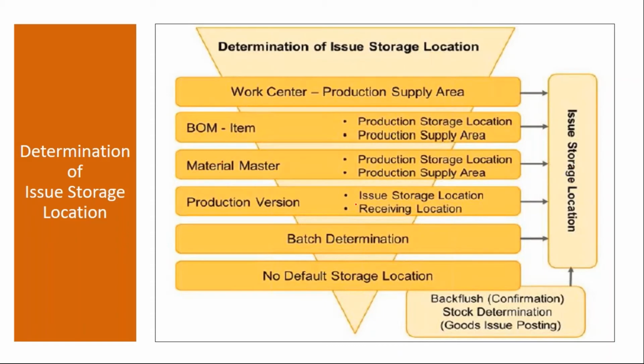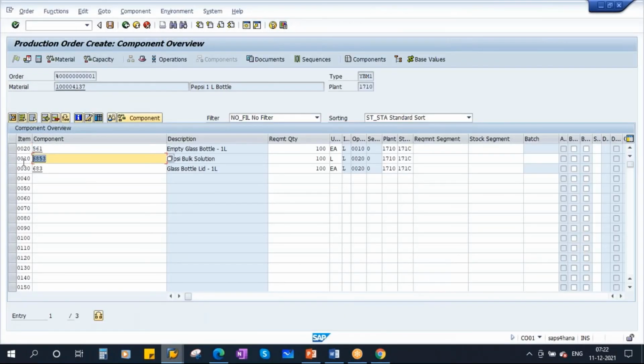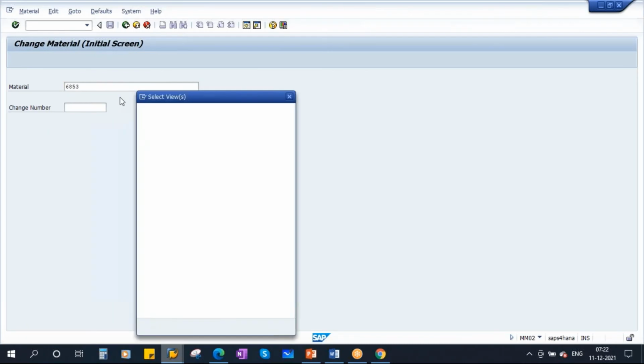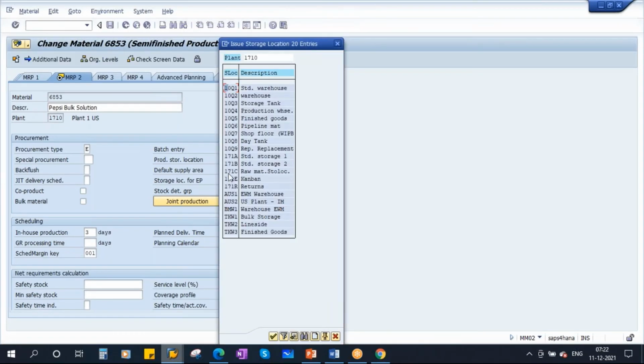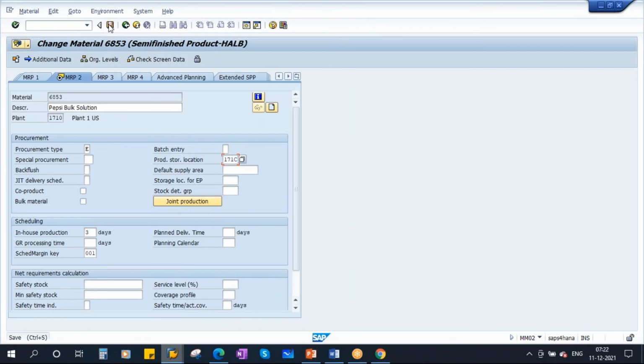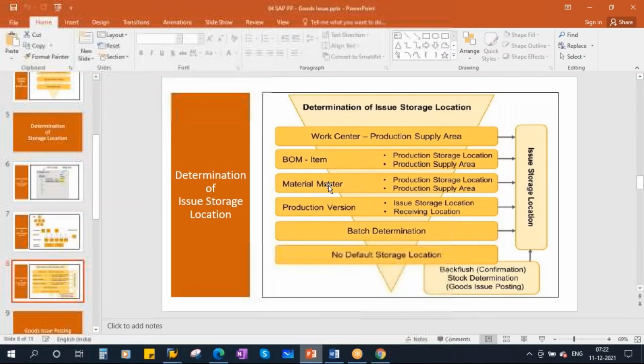Okay, so this is the sequence. I'll put it here, done, save it. So that's how the storage location is proposed in the production order.